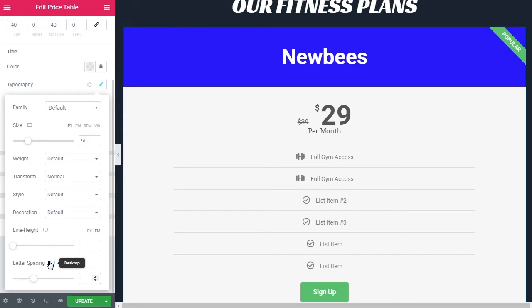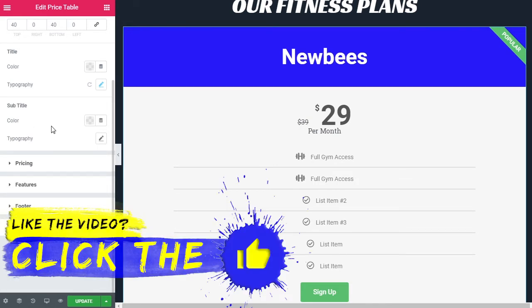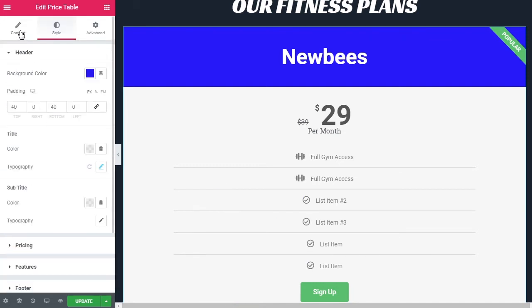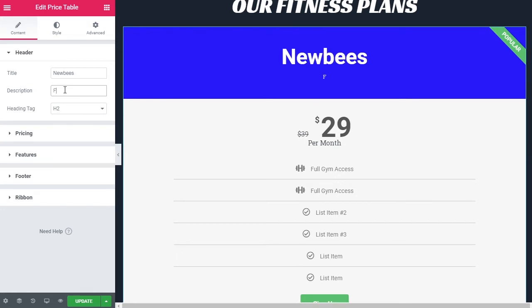All right, so once you have that looking the way that you want, we can move on to the subtitle, which in this case, I don't have one. So I'm just gonna go back to the content tab and I'm gonna put in a little subtitle there. So that will be the description. And I'm gonna say that this is for beginners. There we go. All right, let's go back to the style tab